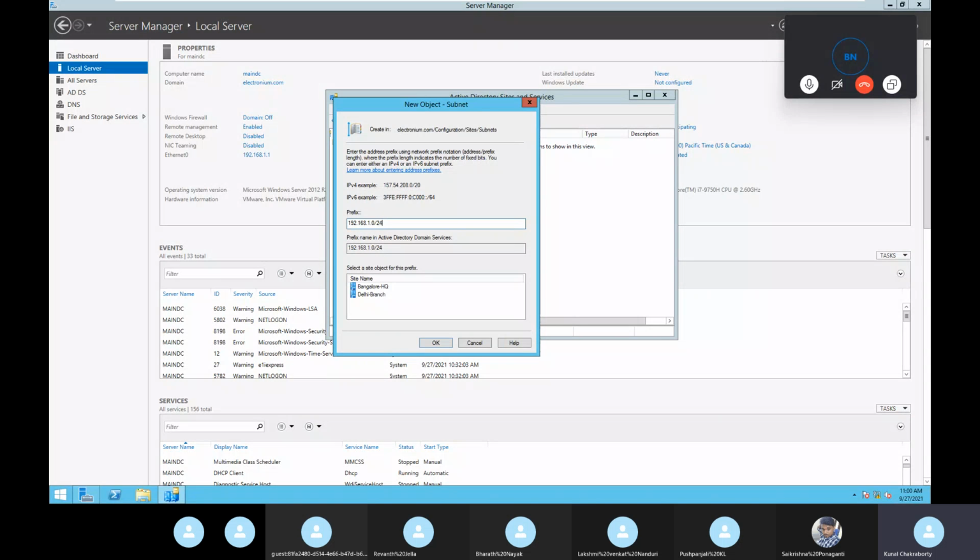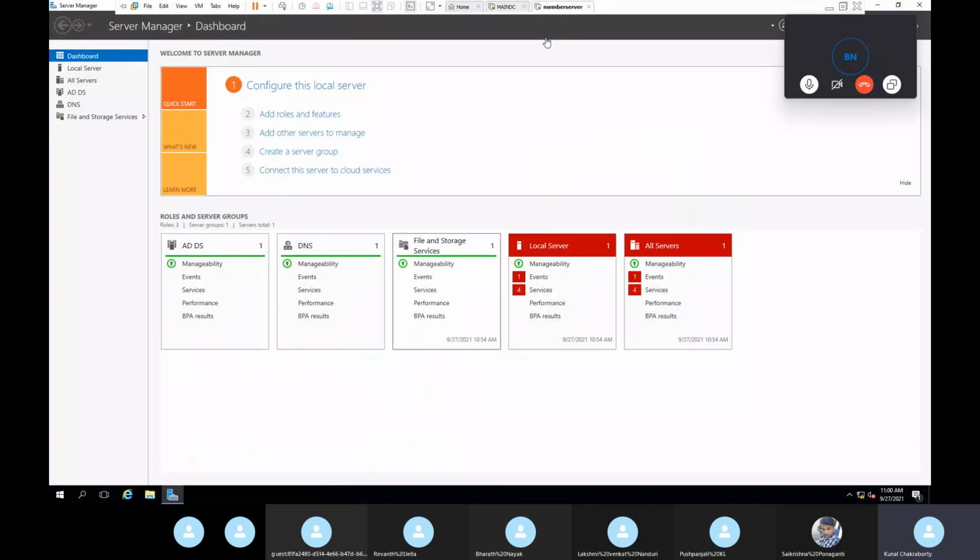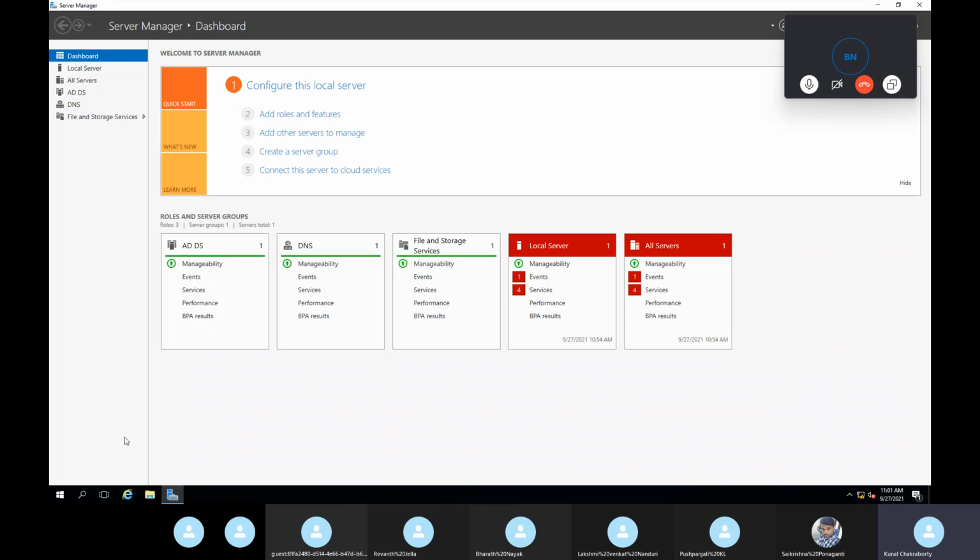Why did we give this network ID? Any network is fine, but earlier we had given 192.168, so we have to give the same, because both of these servers are in the same network ID. If, for example, the main DC is 192 and in Delhi the network ID is 10, then here I need to give the 10 network. 192 and 168 we don't want to change. We have to use the same.